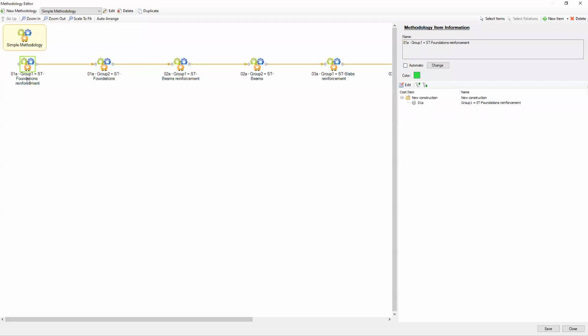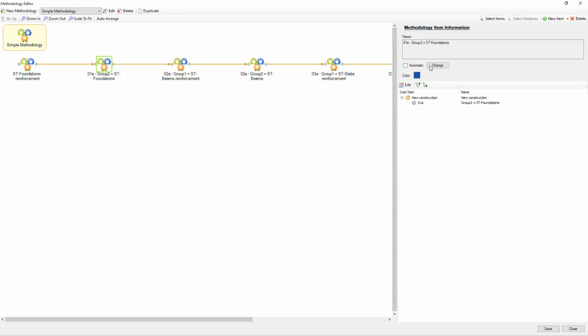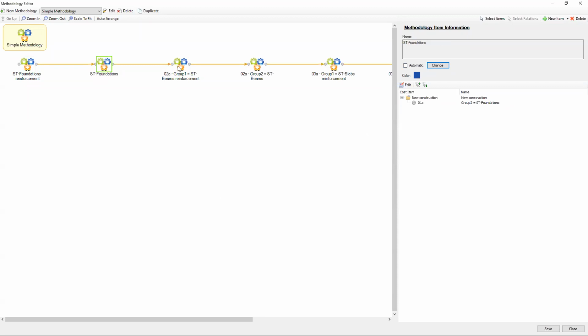So instead of using this automatically generated name based on the cost item name, I can use the option to change this into manual and then rename these into, for example, foundation reinforcement, and then this is structural foundations, concrete pouring,